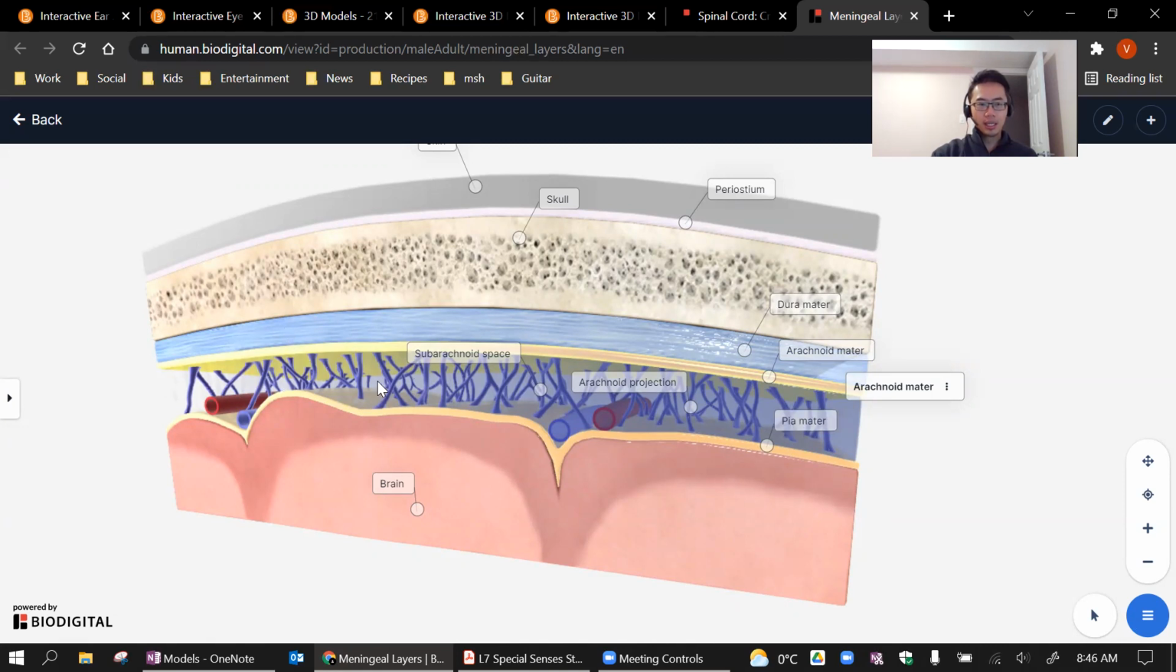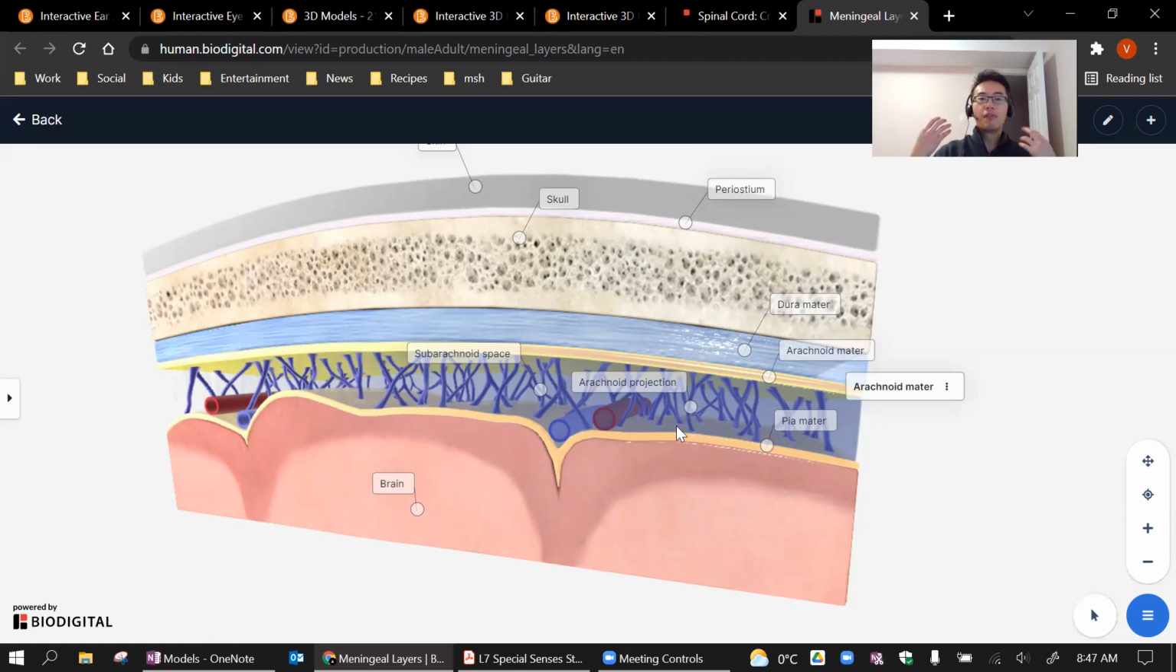You can see all these fibers. They kind of resemble spider webs. That's why it's called the arachnoid mater. Arachnoid means spider, okay? So then this subarachnoid space has a lot of